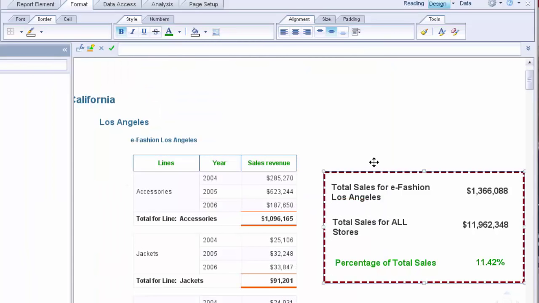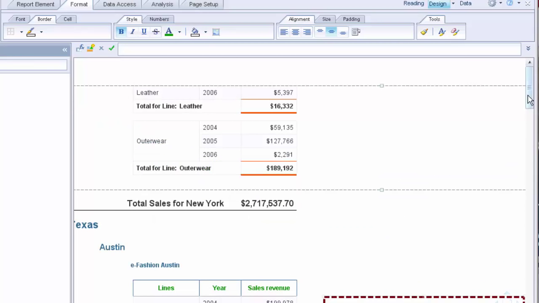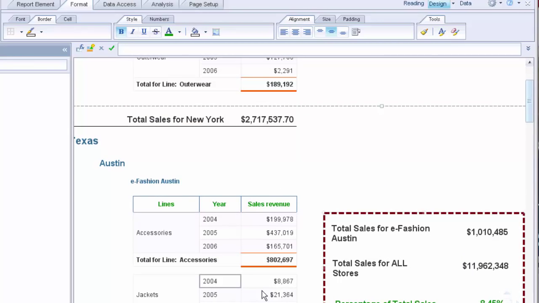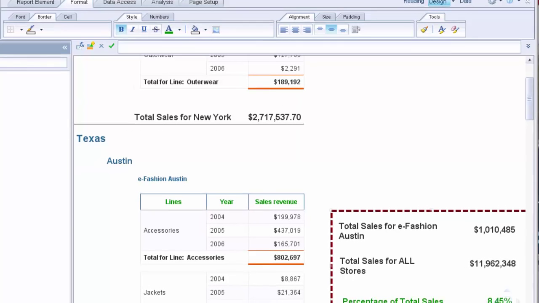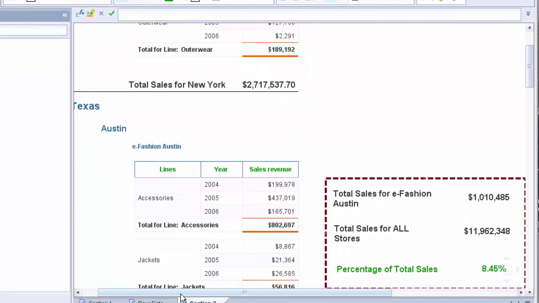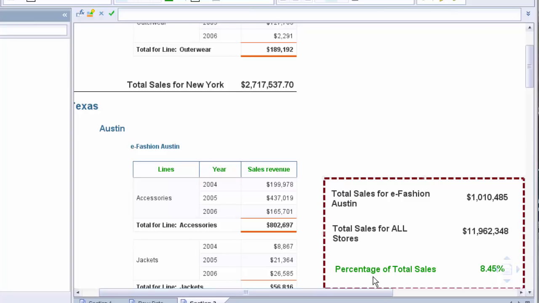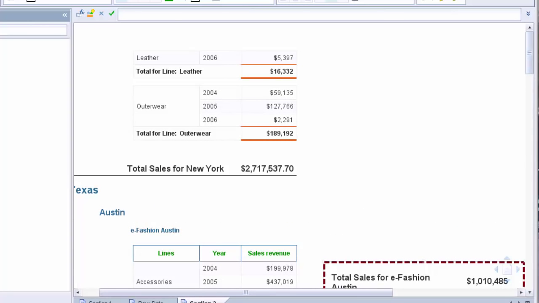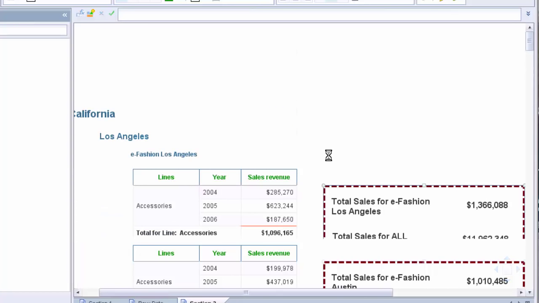Okay. So now what I've added with our context operators is a little summary for each store. If I go down to the next, let's say Austin, Texas, we see that this store had a total of 1.1 million in sales, 8.45% of the total sales. So with sections, you have a lot of flexibility in terms of what you can do in terms of formatting